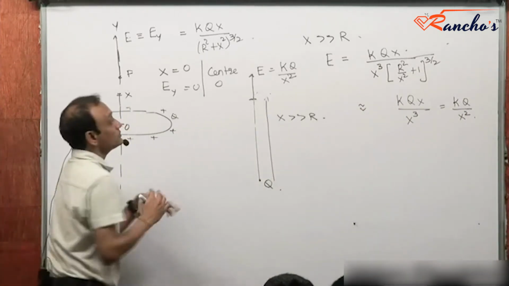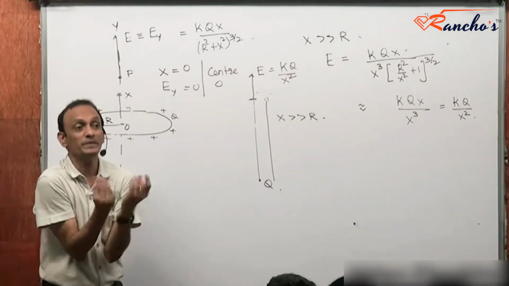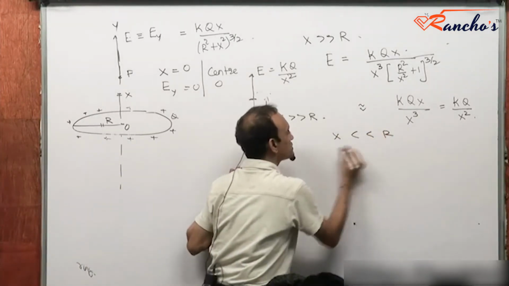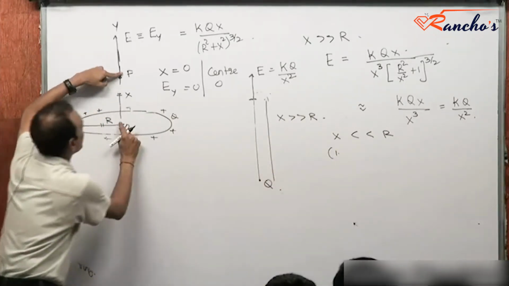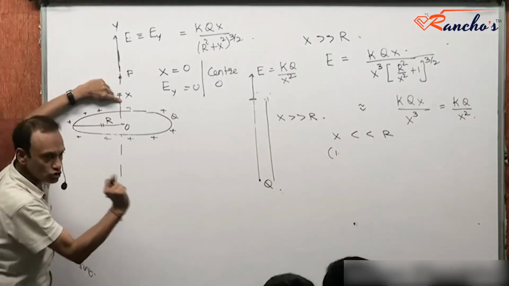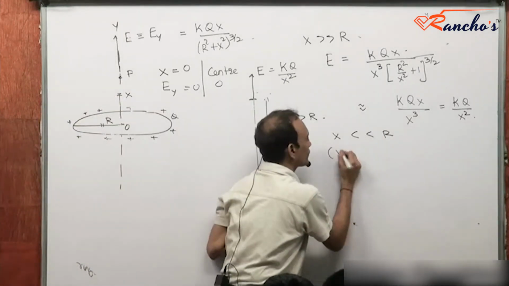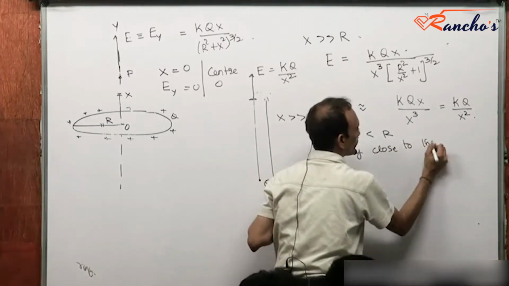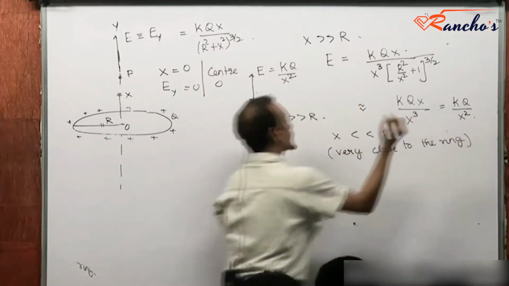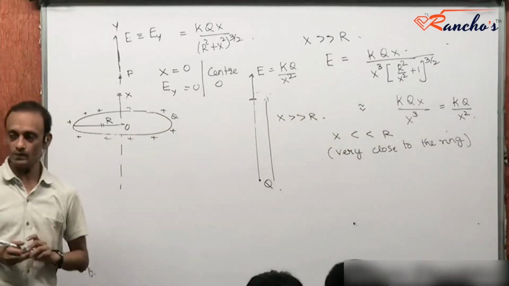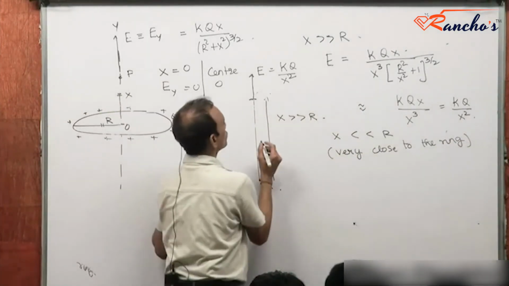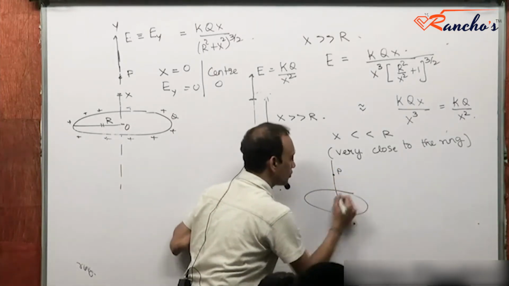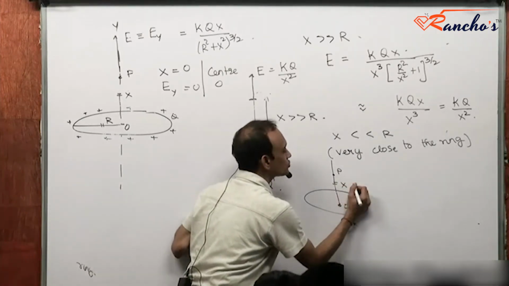Now, when x is much smaller compared to r, that means very close to the ring. If x is much smaller compared to r, you are taking points P very close to the ring. Then what happens? If I have a point P along the axis very close to the ring,